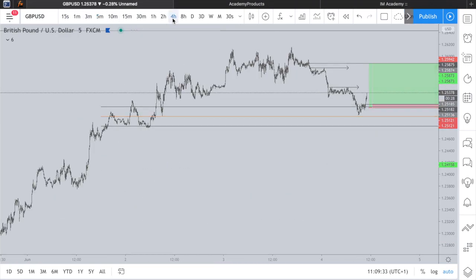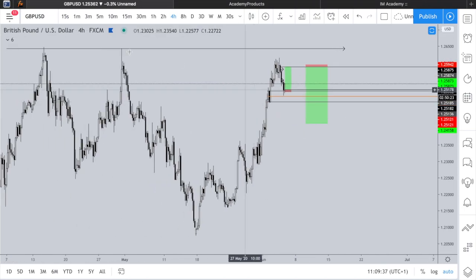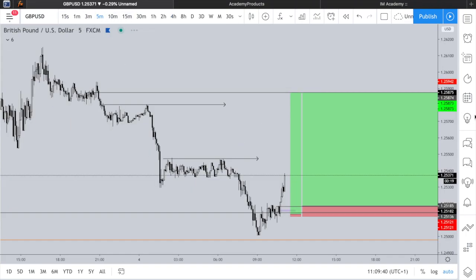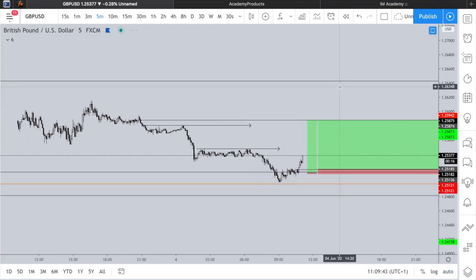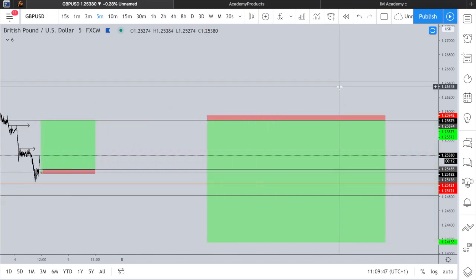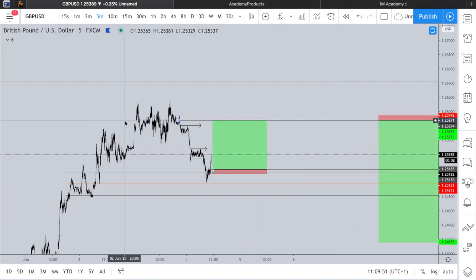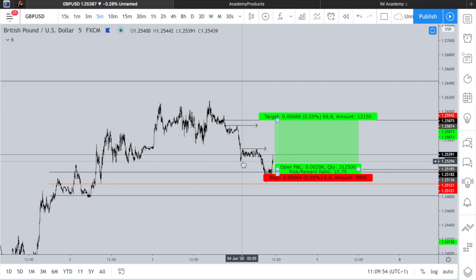But if I look at the higher time frame structure, remember where we are targeting. We are targeting those 4-hour highs, right? So where are those 4-hour highs? I believe that's the line that I drew to identify those 4-hour highs. That's the sell scenario that I had based on that 5 minute, right? But before we even get into that sell scenario,